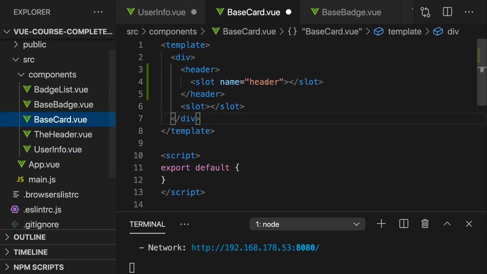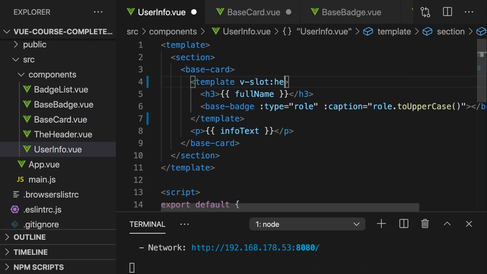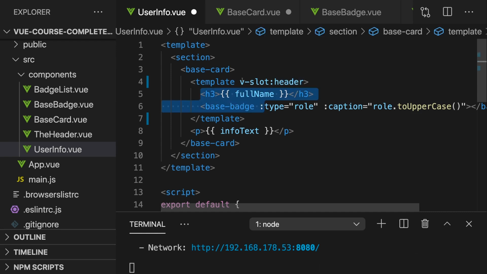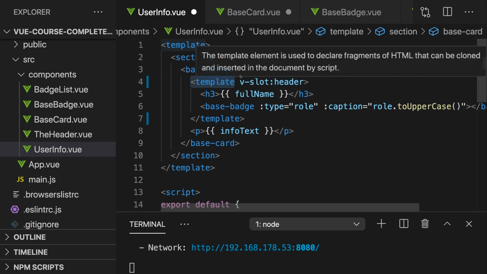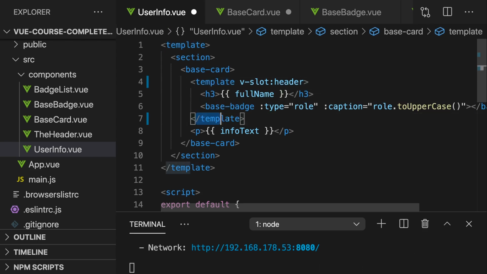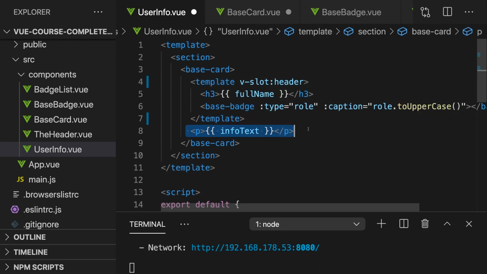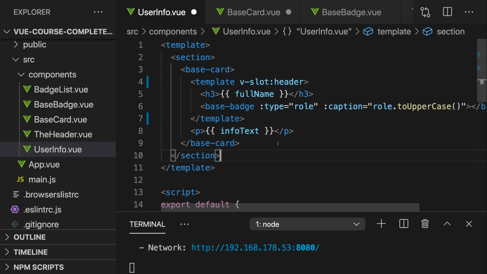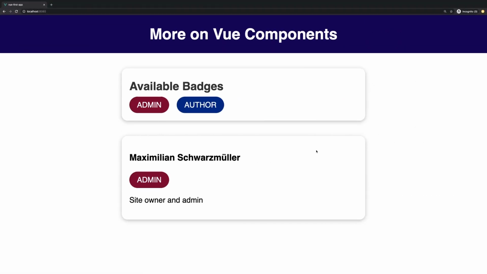Now I have a named slot with a name of header here, and therefore we can add header as an argument here. And this tells Vue that the content inside of the template will go to this named slot. Now as a side note, the template is a default HTML tag which doesn't render anything to the screen though, which is why we use it as a container here. Now if you then have content left which is not in a template with v-slot, that content will automatically go to the default slot. So if I save that, it looks almost like before,